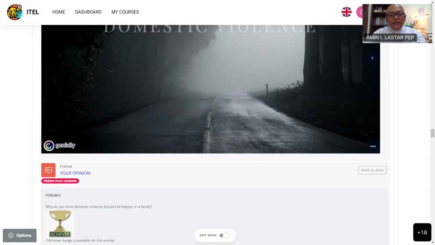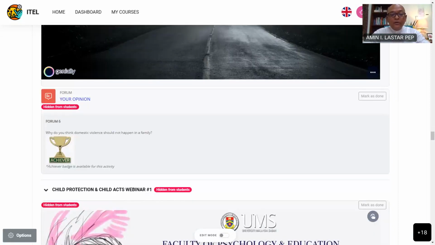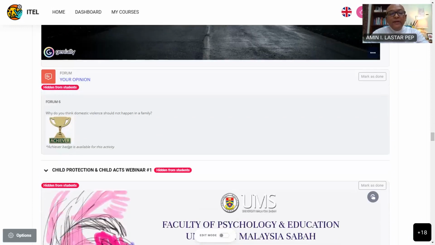I have other activities here. This is another badge that I am also giving to them, and it is fun. Some of our students love to collecting all these badges, just like when we were in Scouts, Girl Guides, Brownies, Rovers, for example. Our aim is to collect more badges. We also see that some of our students love to collect buttons. So this could be an encouragement on how we could somehow encourage their engagement or participation in the ITEL.